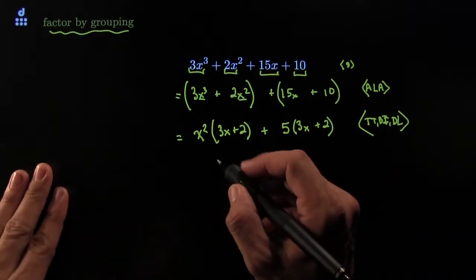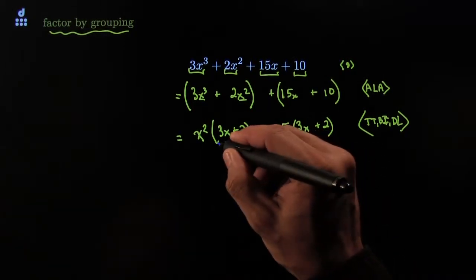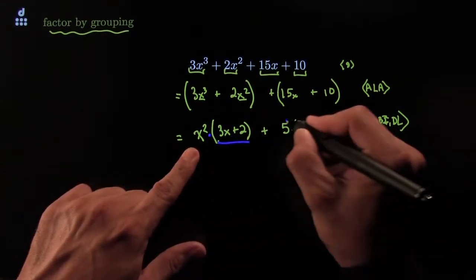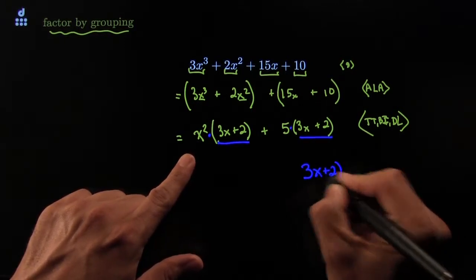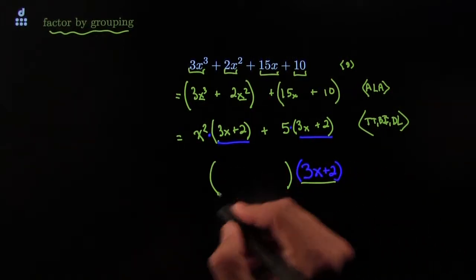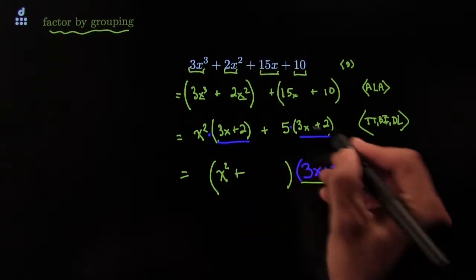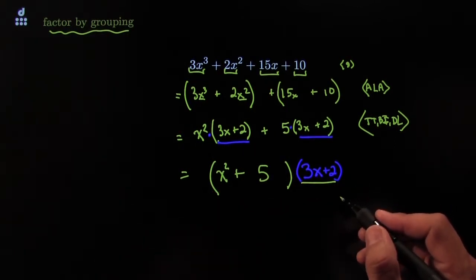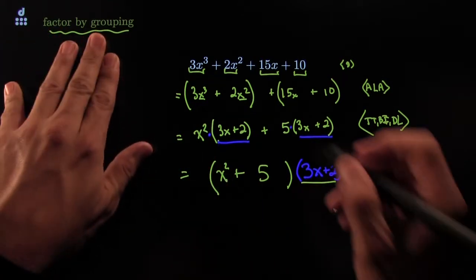But now look what happens here. Here you see something that's common on both of them. You see this quantity here, 3x plus 2 and 3x plus 2. You could say, whoa, it looks like someone distributed a 3x plus 2. So maybe I could undistribute that 3x plus 2 out here and just see what would be left over when I undistribute that. Since this was taken out, there'd be an x squared left in there. Since this was taken out, there'd be a 5 left in there. And lo and behold, you have exactly factored a polynomial, exactly what we wanted to do, factor by grouping,